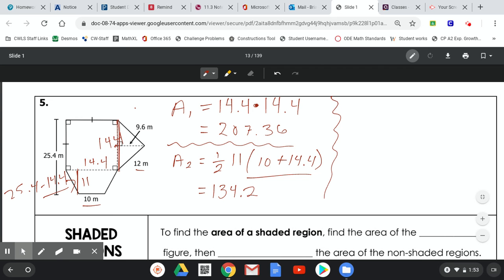So we have to figure out our third area. I'm going to erase some of this so we don't get confused. Our third shape is a triangle, so that is 1/2 base times height. That's pretty simple because we figured out that this length is 14.4. We know the height is 9.6. So 1/2 of 14.4